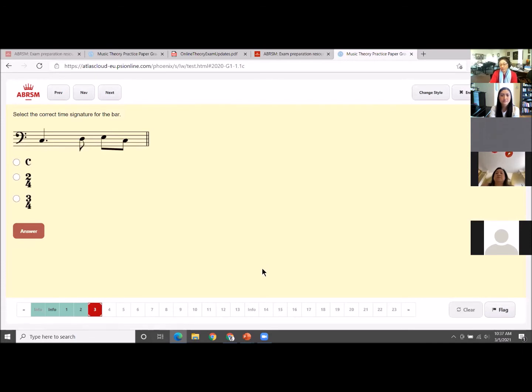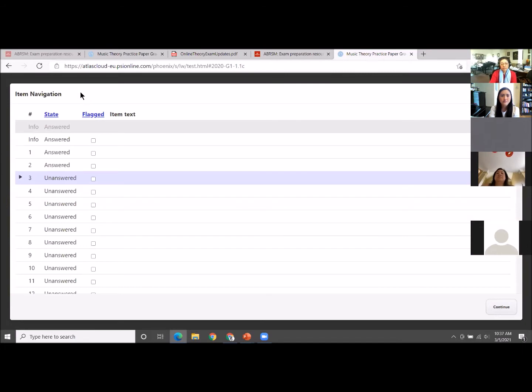You all get the picture. It has a navigation button, which allows you to see which questions have been answered and which have not. So if you're a candidate and you skip a question because you didn't want to dwell on it, you have to think about it a little bit, and you want to go back to it, this will let you reference it very easily.